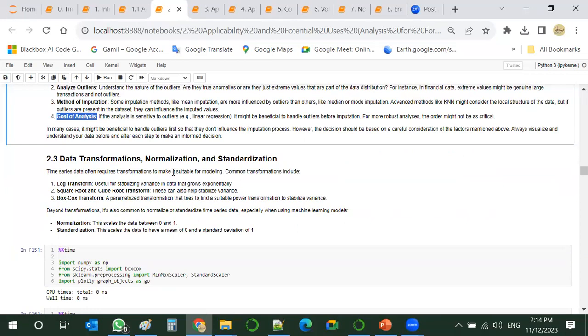One more concept is data transformation, normalization, for instance, standardization. This is often required to make the data suitable and to be easily handled.